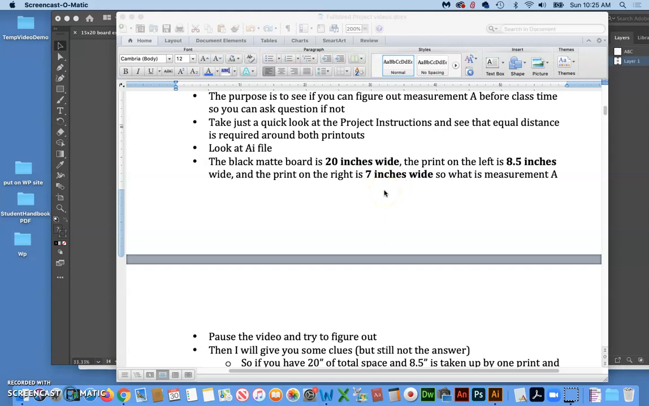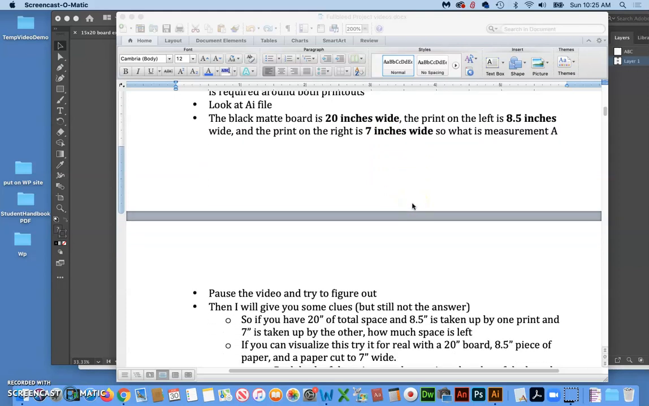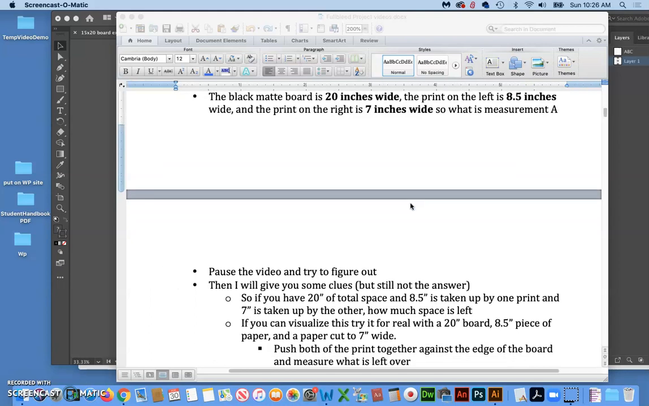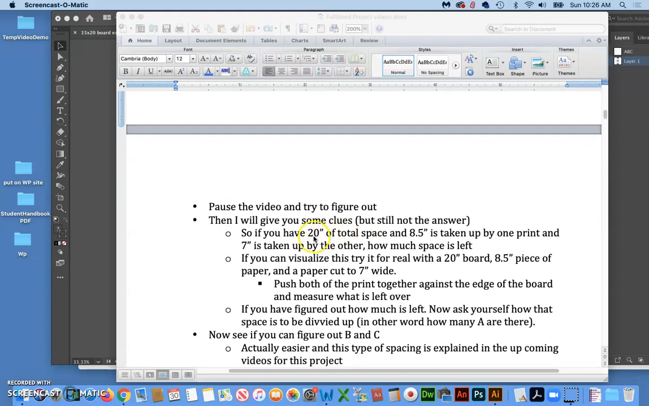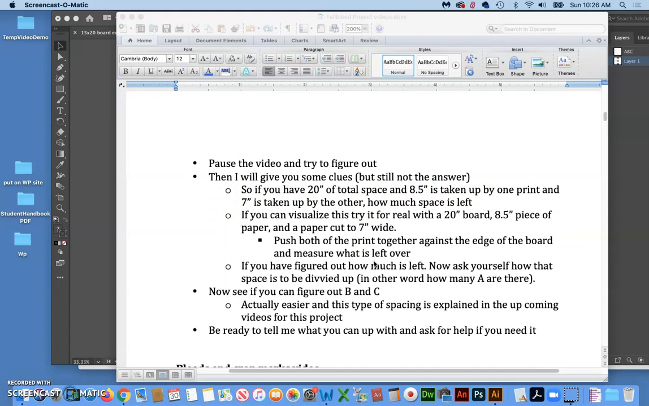Now see, with that information, if you can figure it out, great, and if you can't figure that out, try to just figure out what's left. So in other words, you have 20 inches of total space. 8.5 is taken up by one print, and 7 is taken up by the other. So hint, hint, you could do this with a calculator if that helps you. It's basically a subtraction problem,